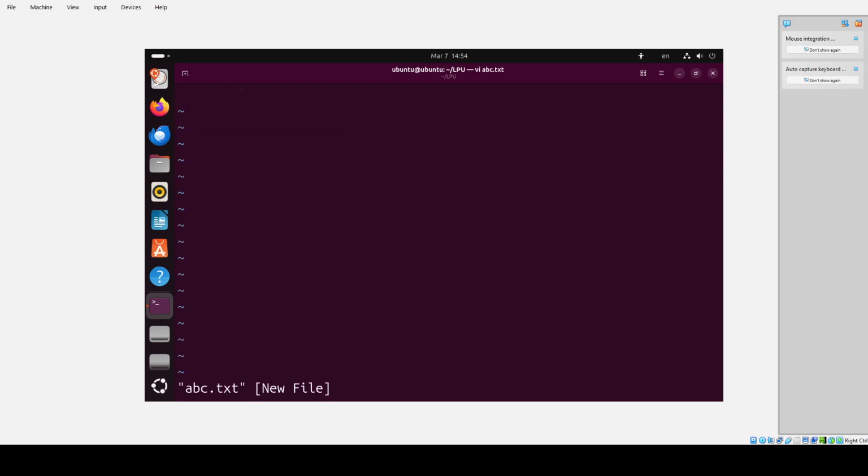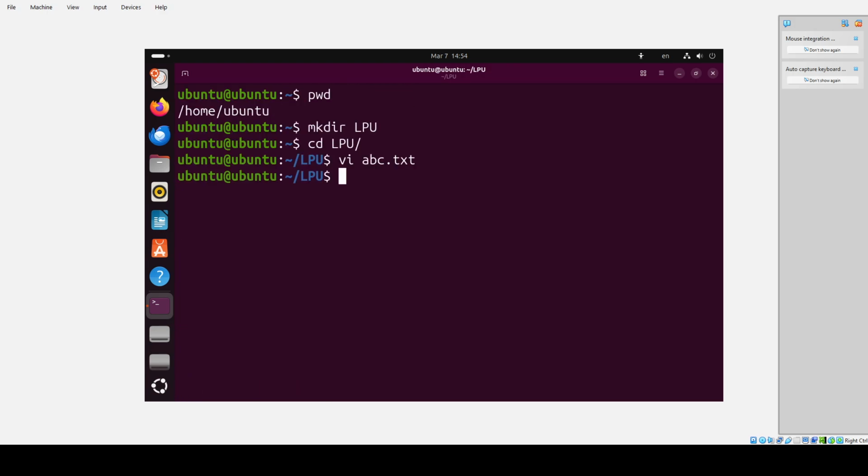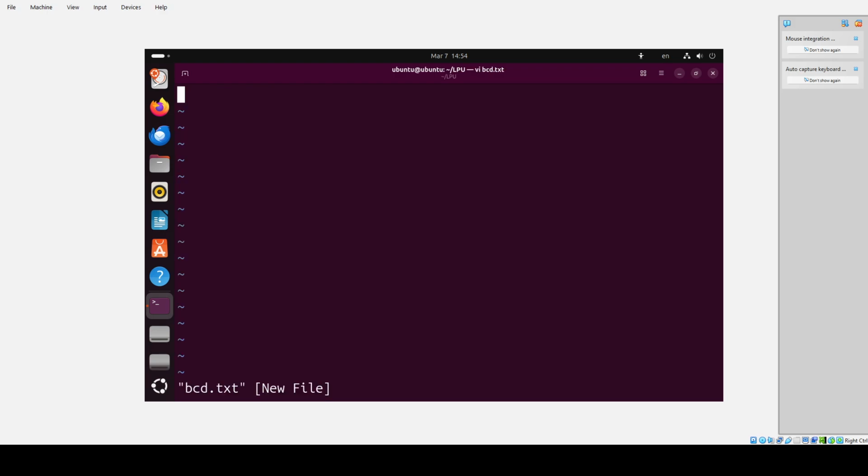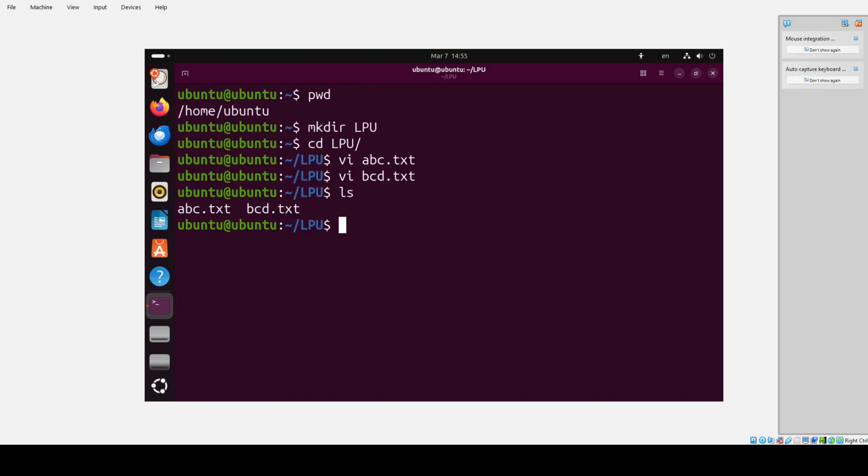abc.txt. I will write something here, :wq, and let me create another file, bcd.txt. Insert, and I enter some values here, right. Now I have these things,